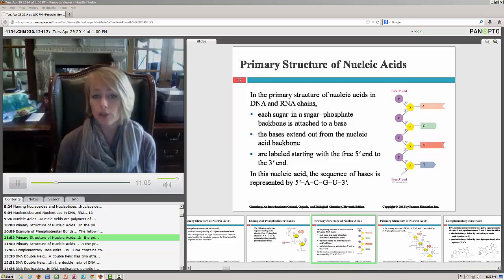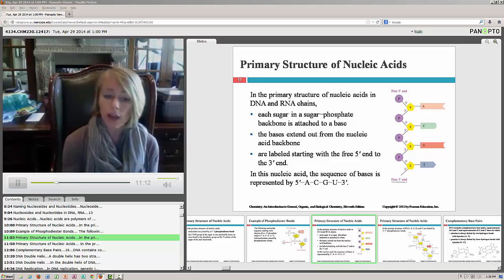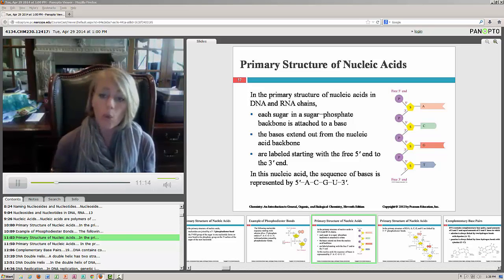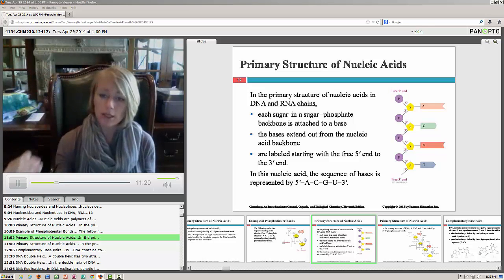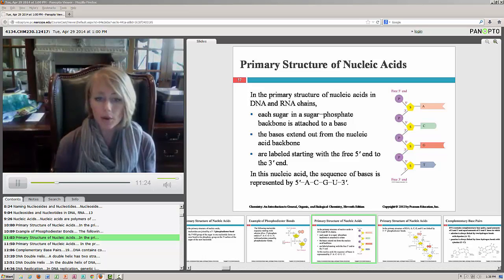So the primary structure, again, of the nucleic acid is, when we go from the 5' end to the 3' end, where are those bases? So in this case, we have an A at the top at the 5' end, then a C, then a G, then a T. Okay? So when we look here,